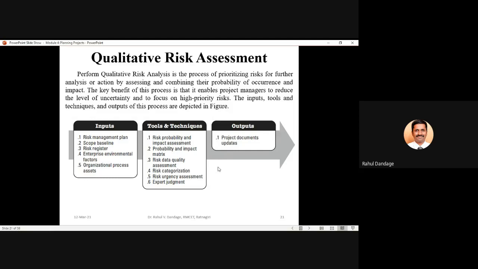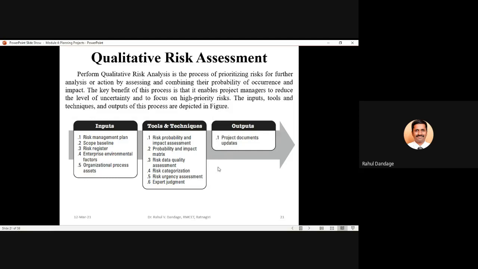Since you have already done the prioritization, it will be easier for the project manager to focus on high priority risk, so that automatically the low priority risk which may be dependent on these high priority risk,